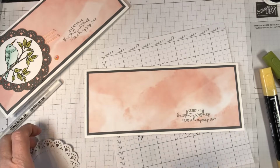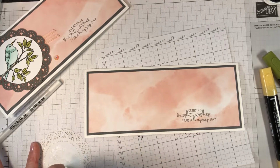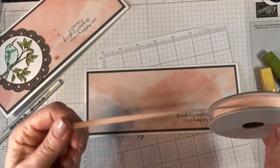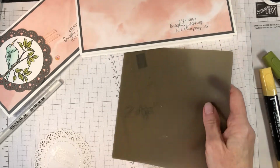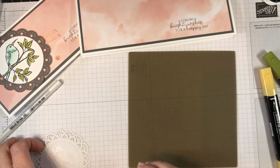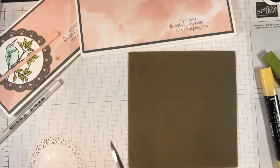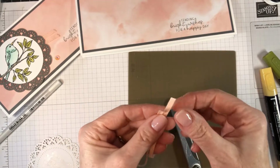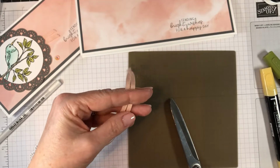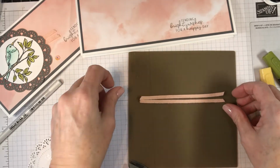Okay, so we need some adhesive on here. And I've got some cotton ribbon, the petal pink from the cotton ribbon combo pack. Let's bring in our silicone craft sheet. Get rid of that. We don't need that anymore. And my ribbon scissors. So we are just going to do 2 strips, just for a little bit more visual interest. You don't always have to have a knot or a bow or anything like that. You can just